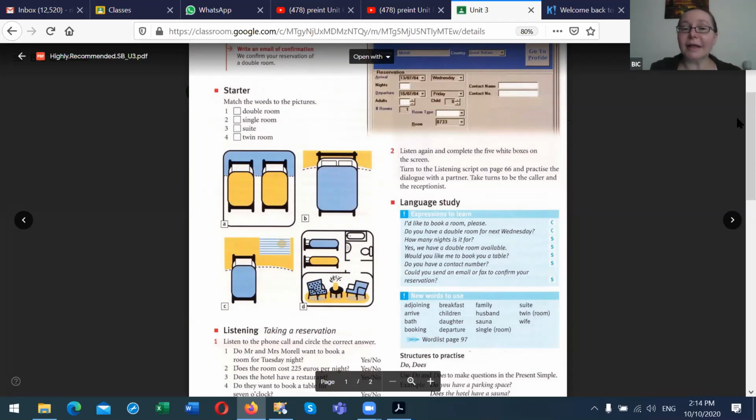Usually there is a little kitchenette and a bathroom, toilet, everything together. So it's kind of like a little studio, an expensive one. This one is the most expensive in the picture, correct. And a twin room? A. So twin room means 2 people, but not in one bed, just in one room.